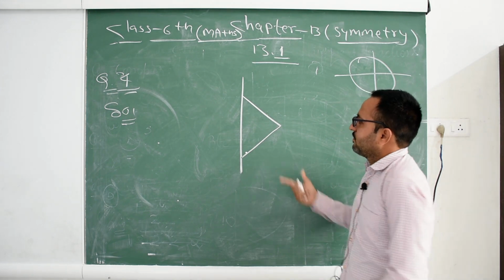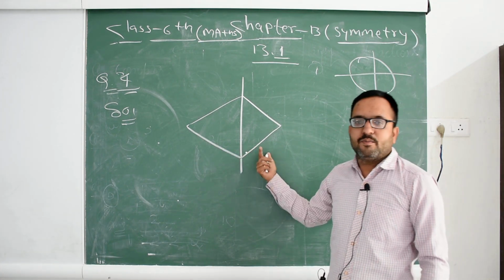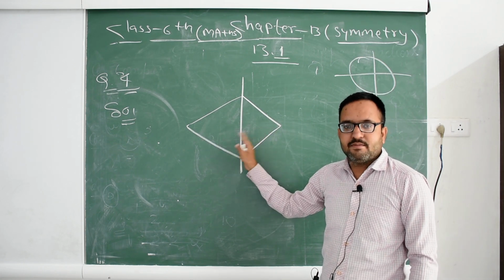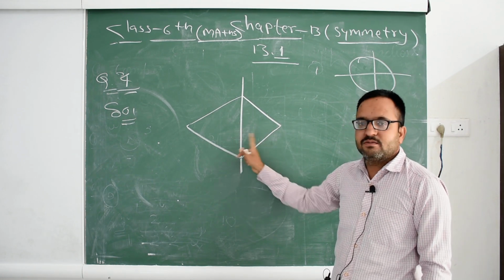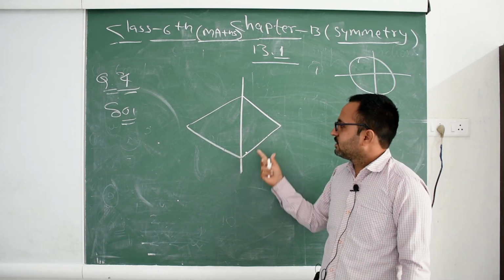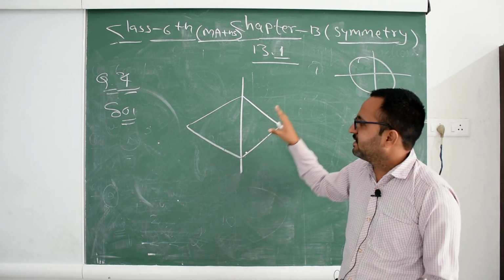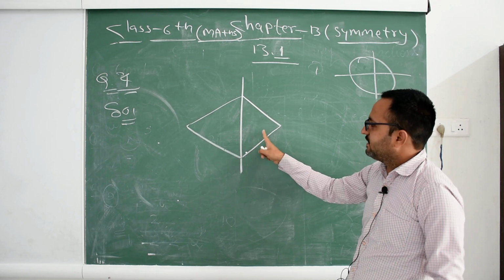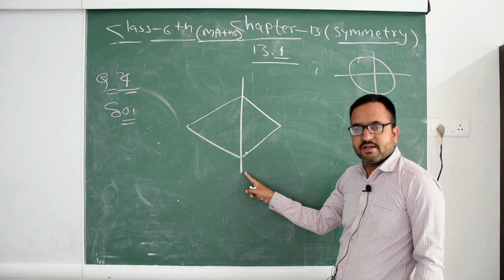So this is the complete figure, and this is the line of symmetry. That means this part and this part are the same in size. If you draw on square sheet paper, this diagram will be fully equal in size. Because this is a rough diagram, I am not able to draw it in the same size. But this side and this portion are both the same because this is your line of symmetry.